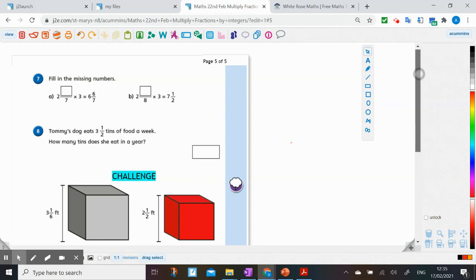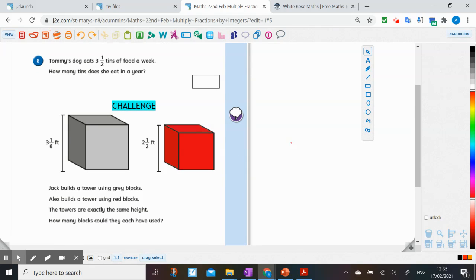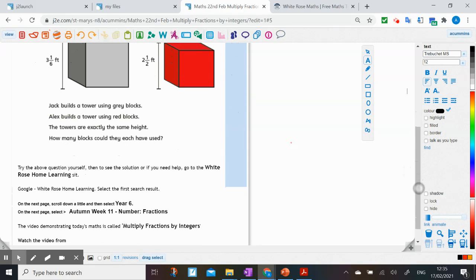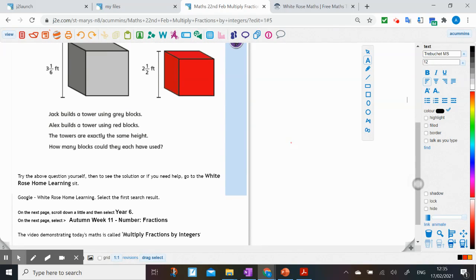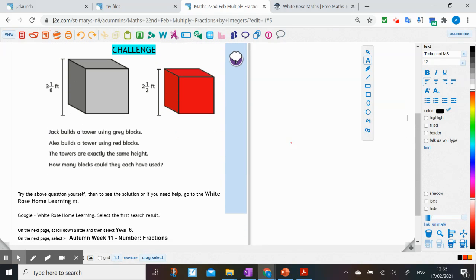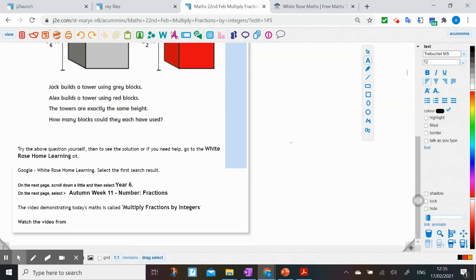And then lastly, you've got your challenge question. So have a go at this. I want everyone to try. It is tricky, I admit. You might want to do the working out here on the side or on a piece of paper and try and come up with an answer. When you've finished it, what I would like you to do is then go to the White Rose home learning site,